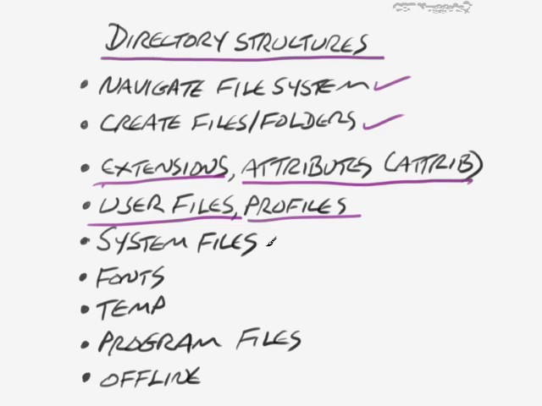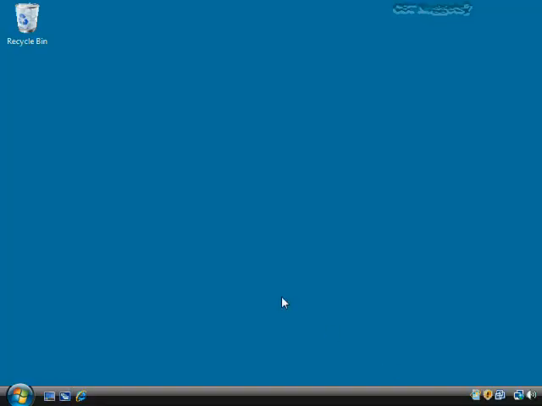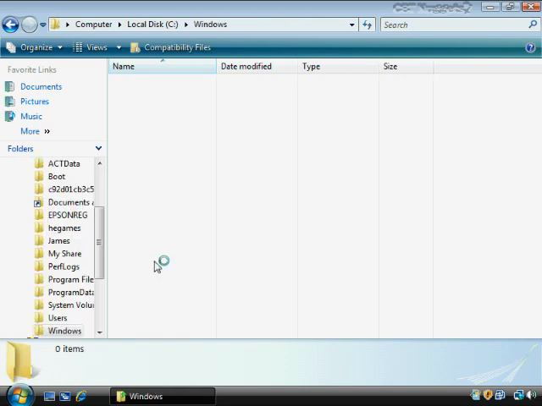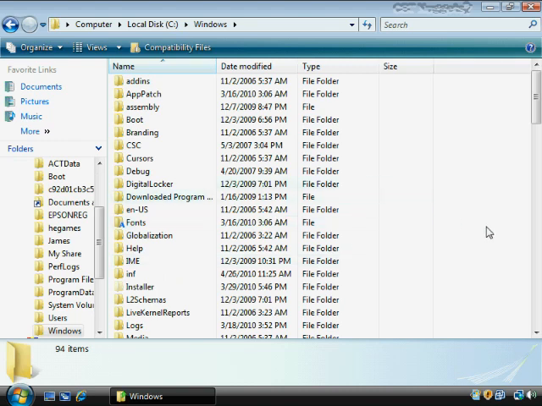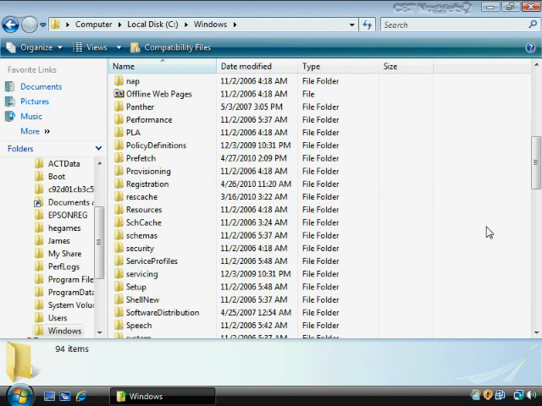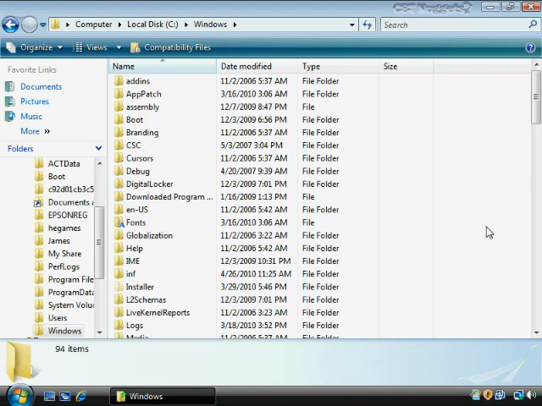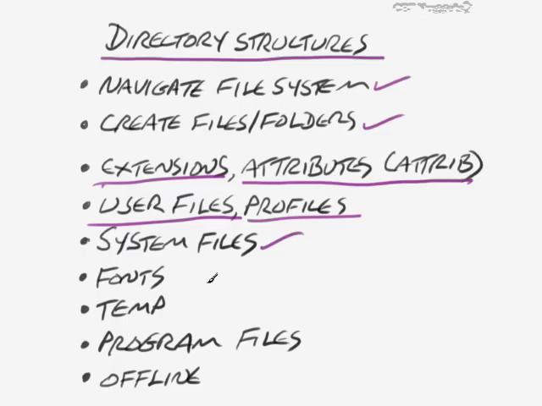Let's also take a look here at system files. There's not a whole lot to that, but it's pretty obvious for almost any version of Windows. I'm just going to go into Windows Vista here. If you go to the computer and the C drive, almost always the system files are going to be located here in the Windows directory. And then there are a number of different things that appear here, some of which I'll describe. Some of these are put here by various types of applications or add-ins. Other things are put here by default with Windows. And we'll address some of those shortly.